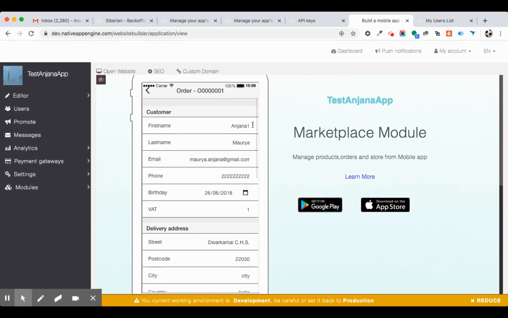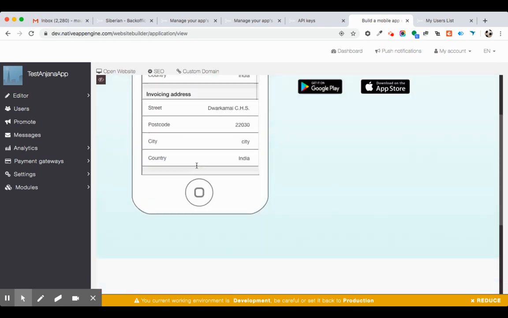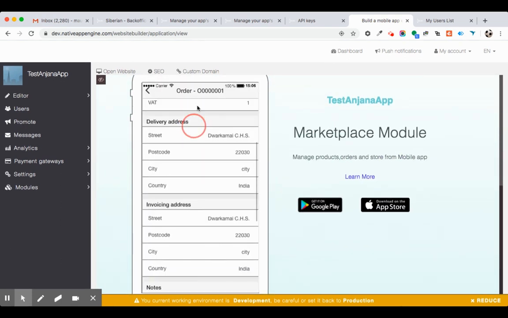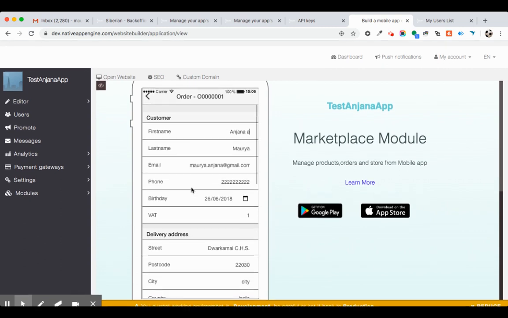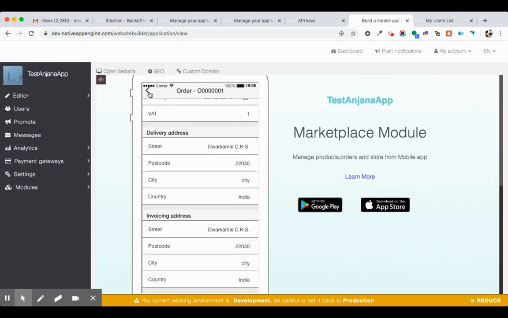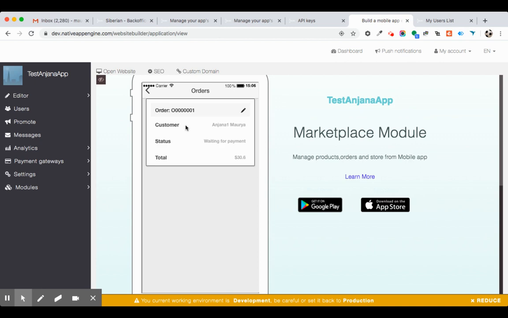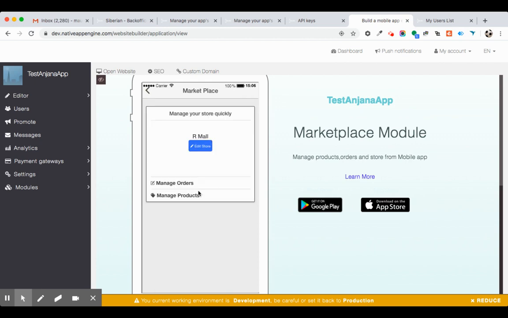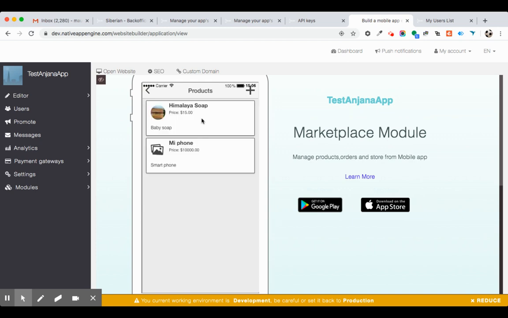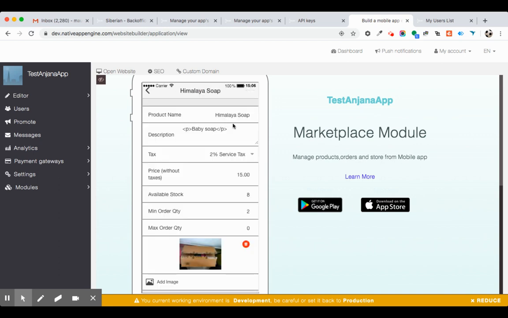So I can see and I can edit, and I can manage my products. These are the two products I have already added. I can add a new product by clicking here, or I can edit any other product.